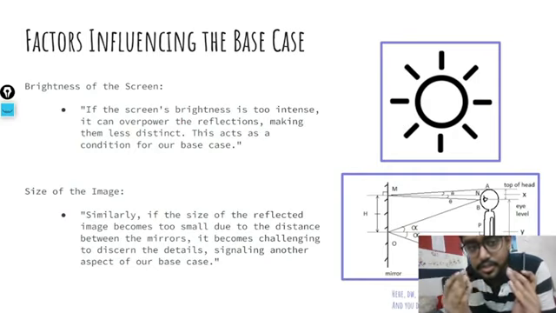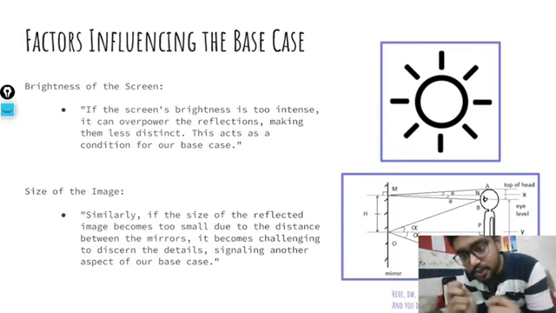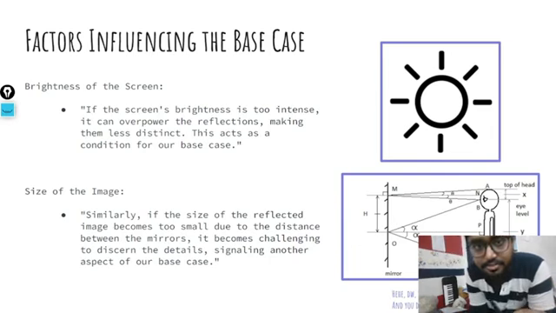So if the laptop screen is too bright, then also there will be a base case. Or if it's not bright at all, then there will also be no recursion because nothing is reflected. So there needs to be a moderate brightness and size of the image, because if the image keeps getting smaller and smaller and smaller and smaller, you won't be able to see it after a point with your naked eyes,